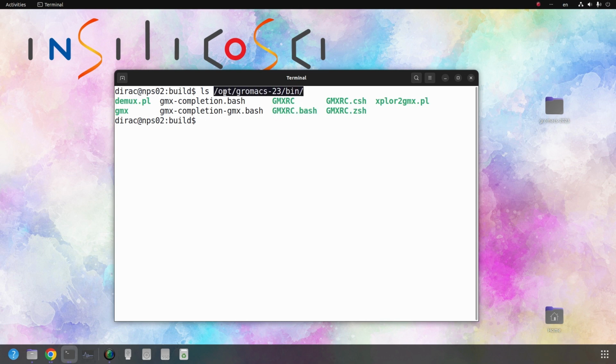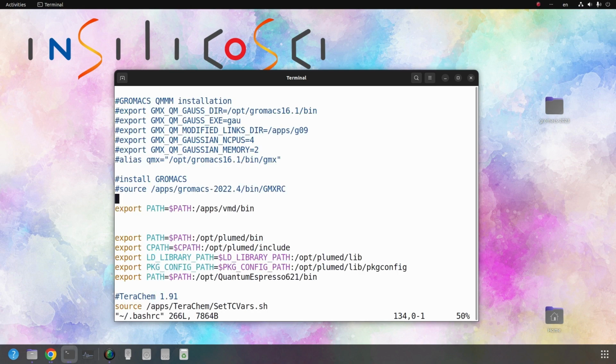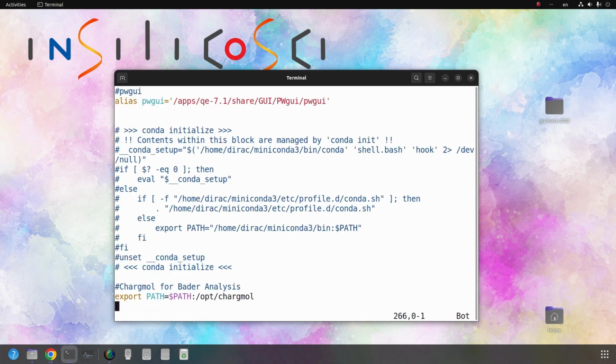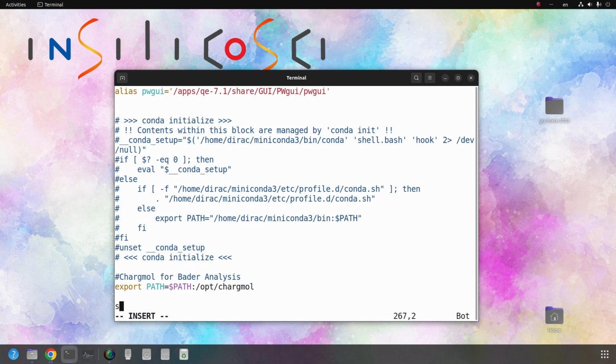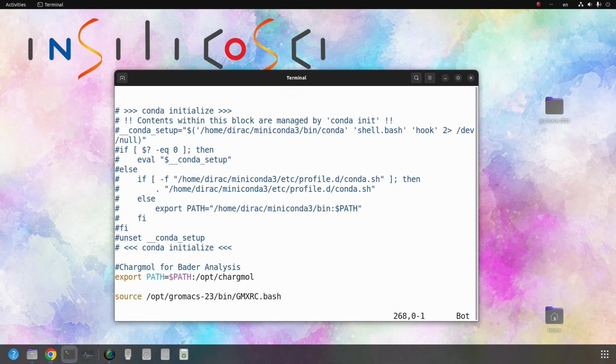I copy this path and then open my bashrc file. And at the end of the file, I add a new line, source, paste the path, and at the end I add the name GMXRC.bash, and after that save the file.